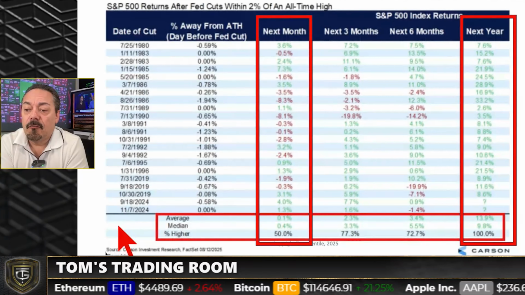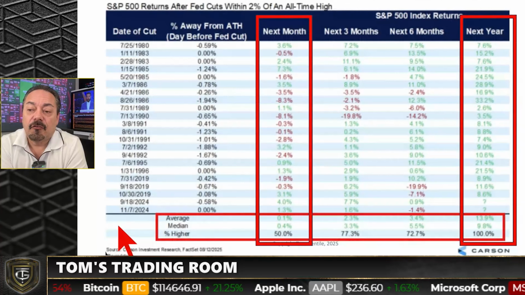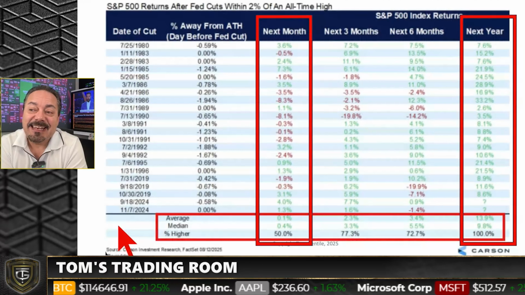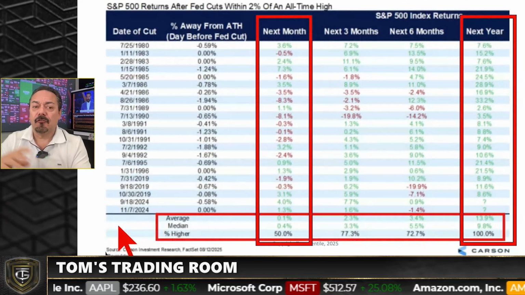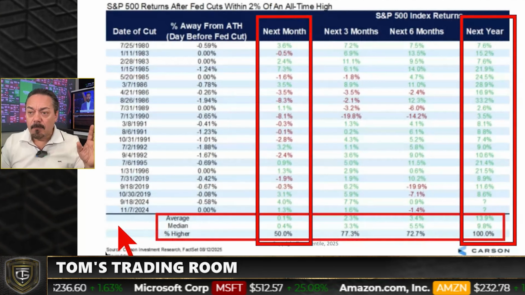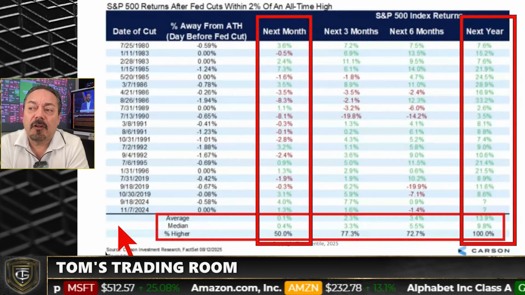And so I want to start off, and we've got to blow this up. This is something Carson Research did. This is a spreadsheet of rate cuts going all the way back to 1980, okay? Now, what do these rate cuts have in common? Because there's a lot of rate cuts out there, but these specifically are rate cuts within 2% of an all-time